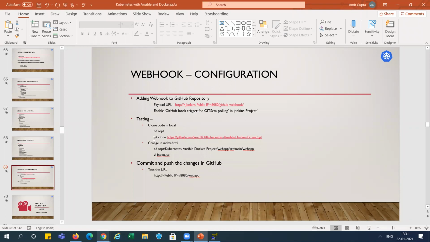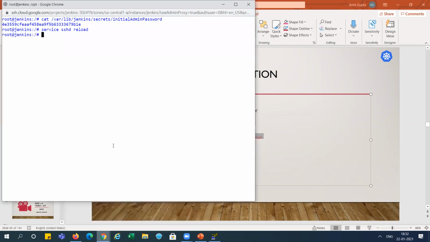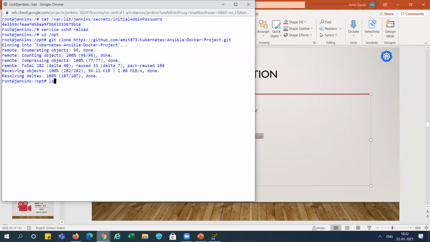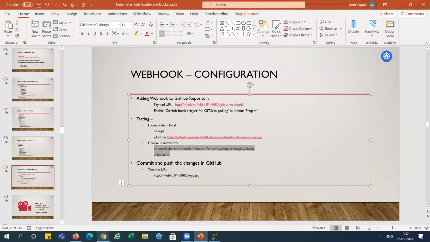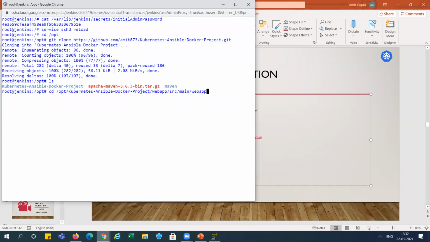Now we need to clone it. We can clone in any server, or we can clone it in the local system. Any user can clone it. So we are doing the same activity on the Jenkins side, right? I am going to the opt folder and cloning it. You can see we got this file over here. So I am going to the index.jsp path. You can see index.jsp here.